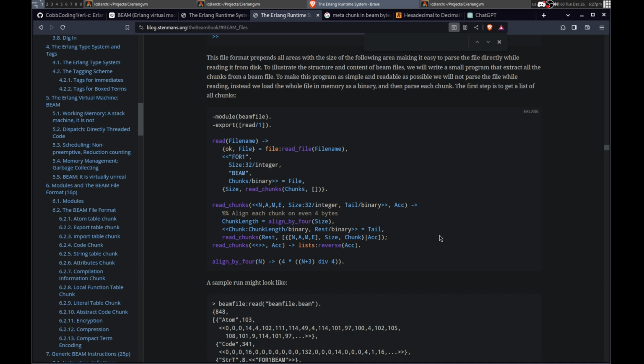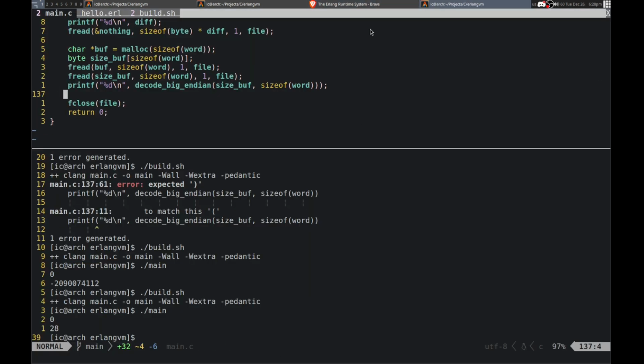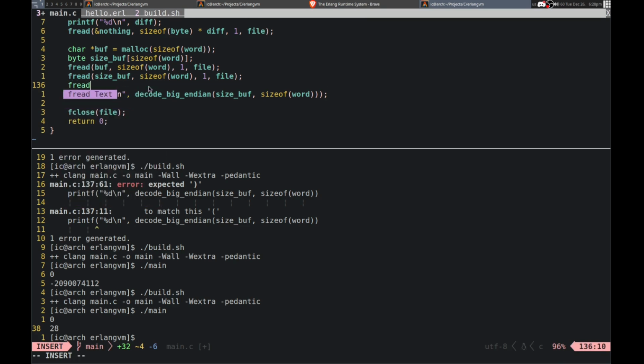So can we just read the entire thing through the amount of size? Chunk length is binary and the rest. So this is the chunk length, right? 28. So what if I just read 28 bytes? It's enough. Nothing.